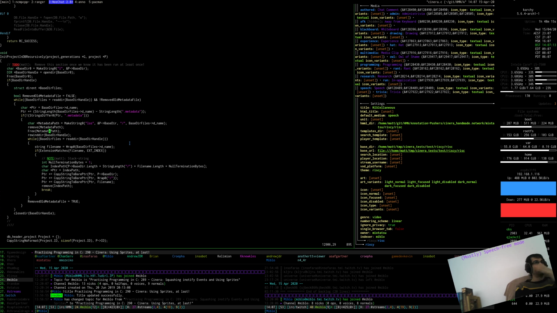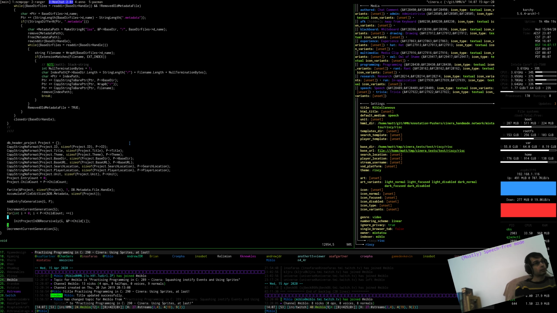This is just to delete all the .metadata files which are from the old versions. Okay, yeah. So then here we go. Edgecount 0, child count. So yeah, I think here is where